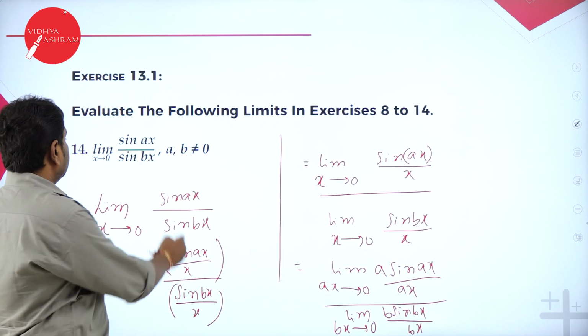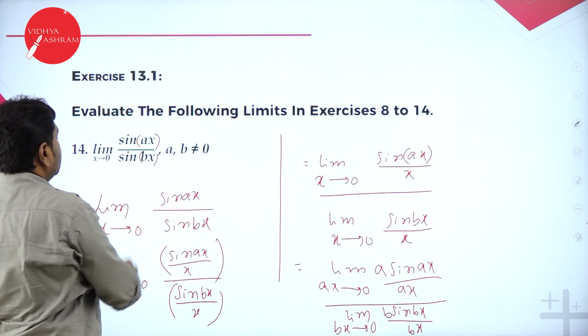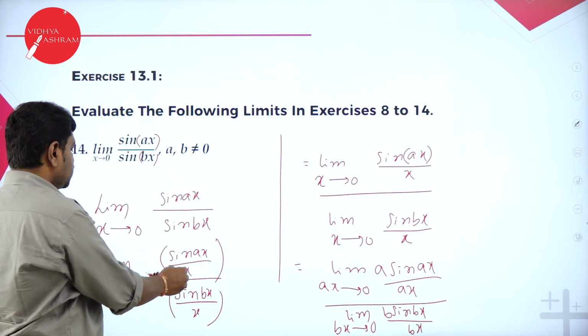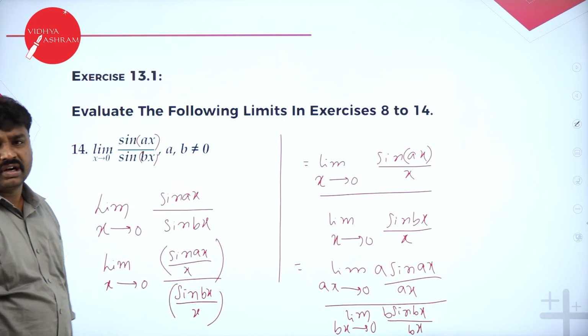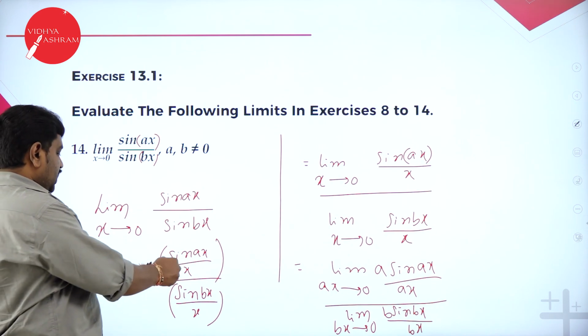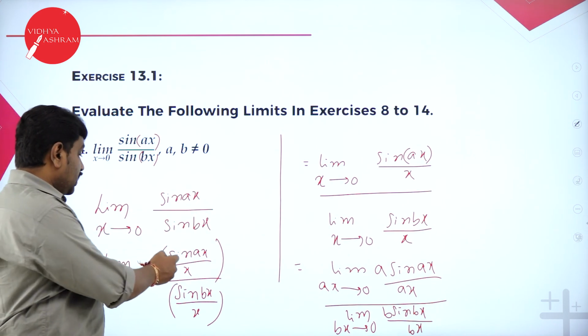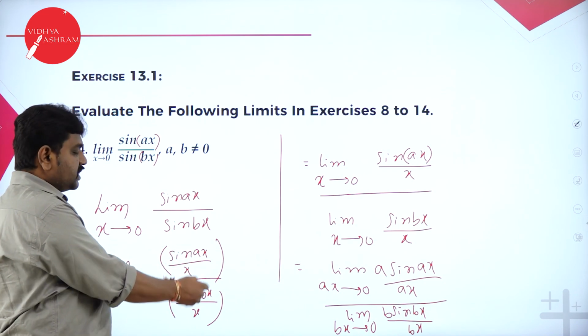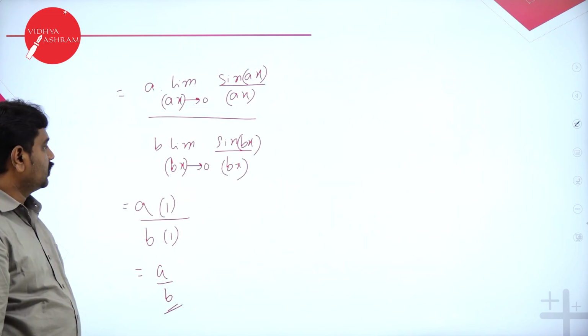So we observed that here we have ax, here we have bx. So divide and multiply by a here, divide and multiply by b here, and x is missing. First introduce x. Divide numerator and denominator by what? x. So it cancels with the same. Dividing numerator and denominator by x is the crucial step. So introduce x, then you go on.